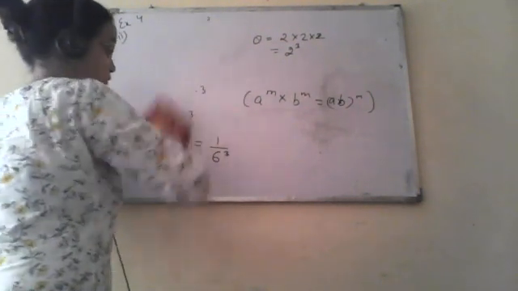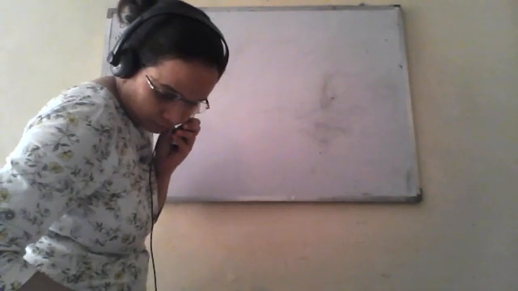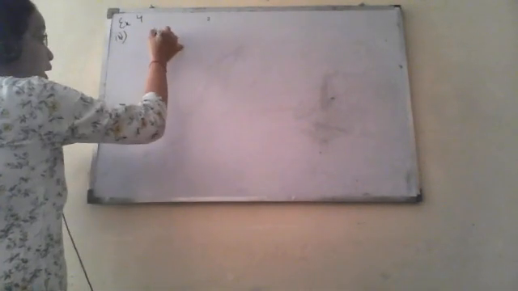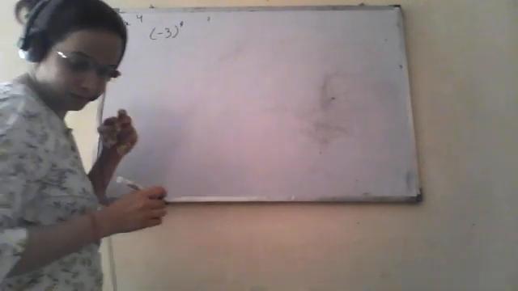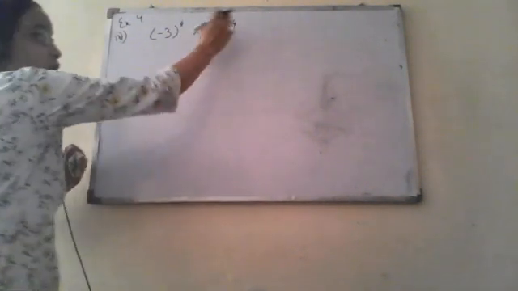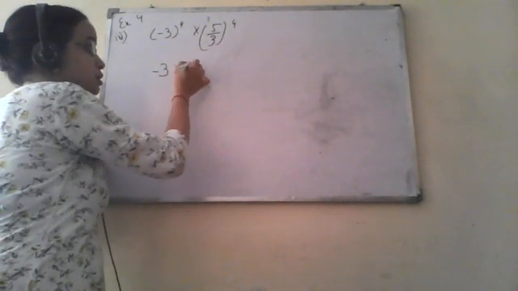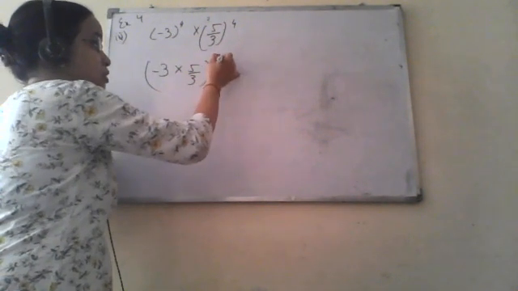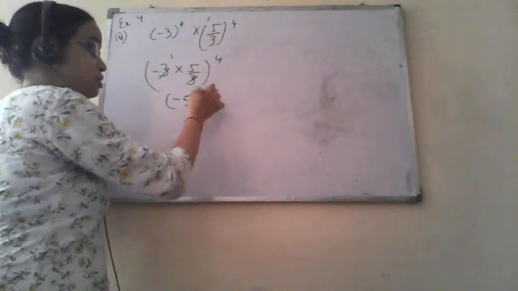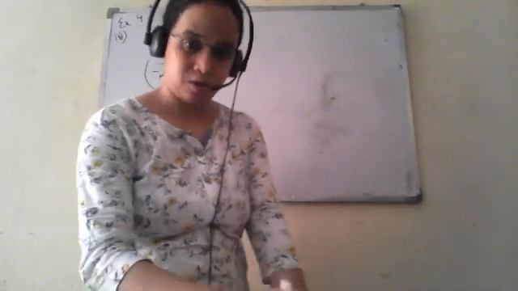Now fourth part. Fourth part is minus 3 to the power plus 4 into 5 into 3 to the power plus 4. Now again powers are same, so these can be written together to the power 4. Now this will get cancelled out. This is minus 1 into 5. This is minus 5 to the power plus 4. Clear? Now next example. Now example 5.